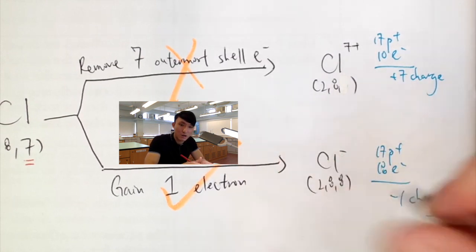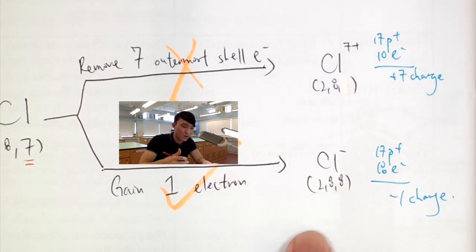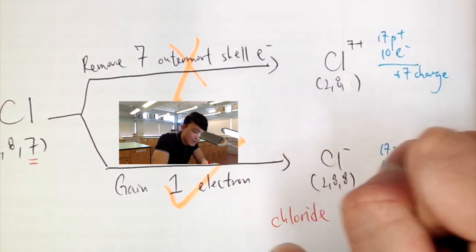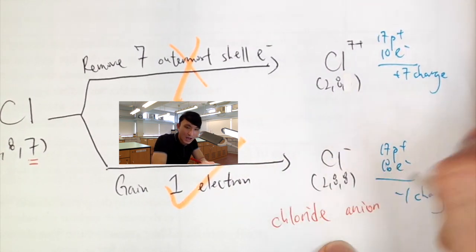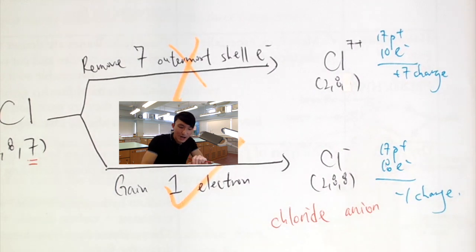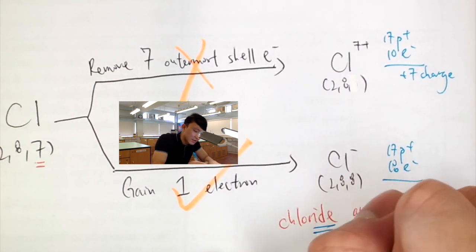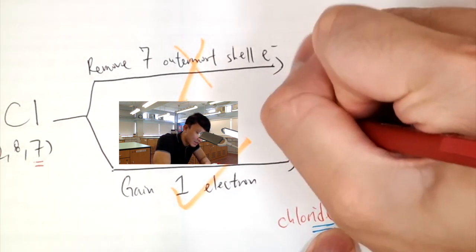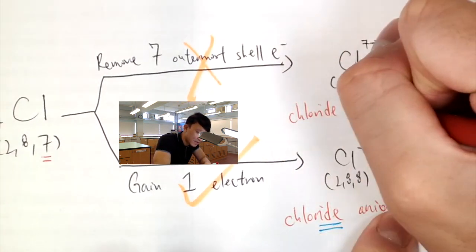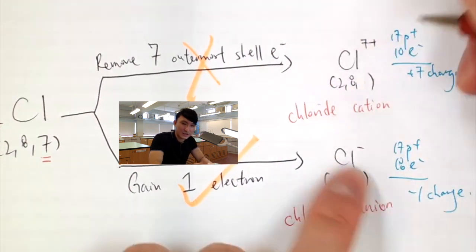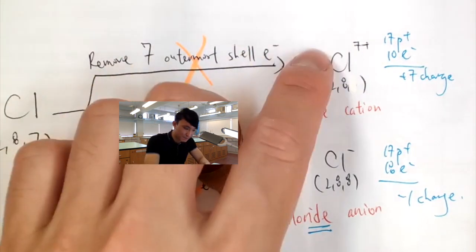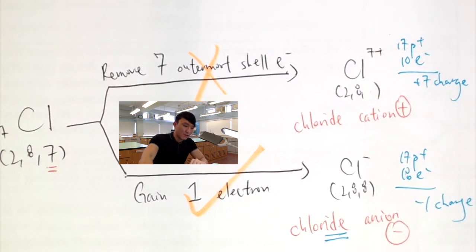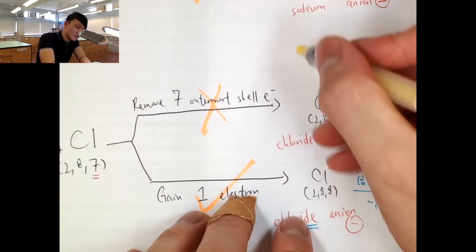Now bear in mind the name of the ions. This one is not chlorine ion, it's not chlorine anion, we call them chloride anion. Chloride anion. Okay? We have the -ide suffix. And this one you can put down as chloride cation, but this one never exists because it never undergoes that step. Okay, so we are focusing on this one